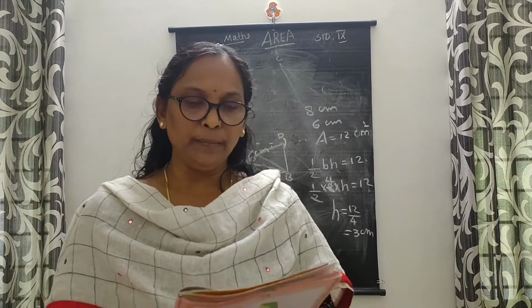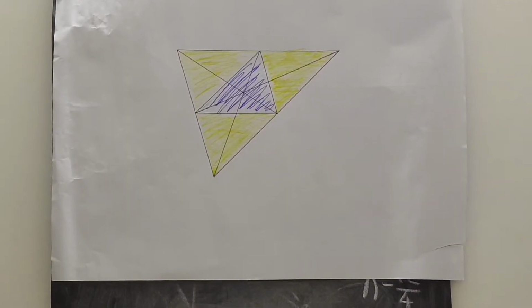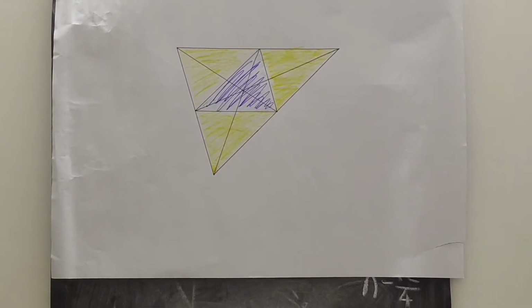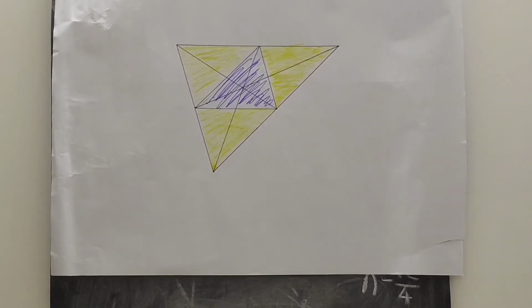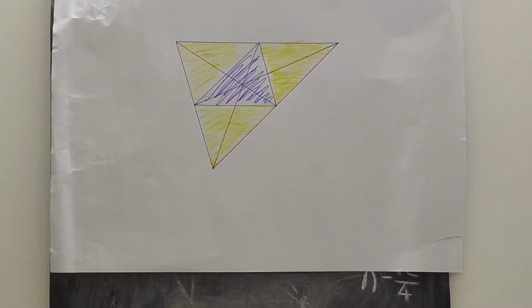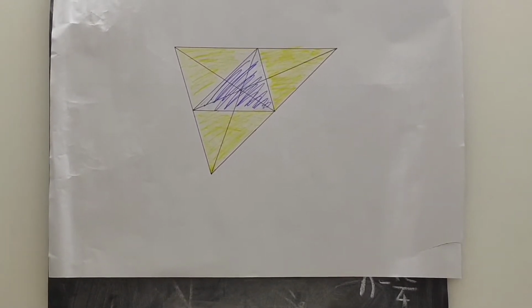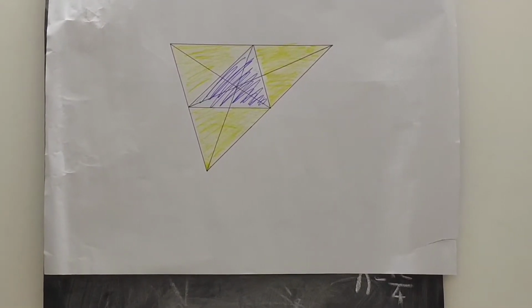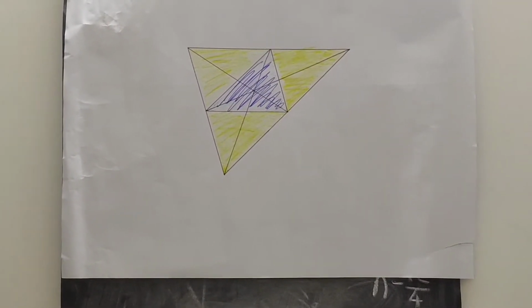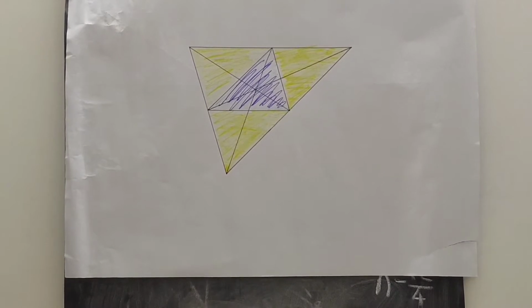Then the next question. In the picture below, the lines parallel to each side of the blue triangle through the opposite vertex are drawn to make a big triangle. How many triangles in the picture have the same area as that of the blue triangle, and how many of them have the same measures as the blue triangle?